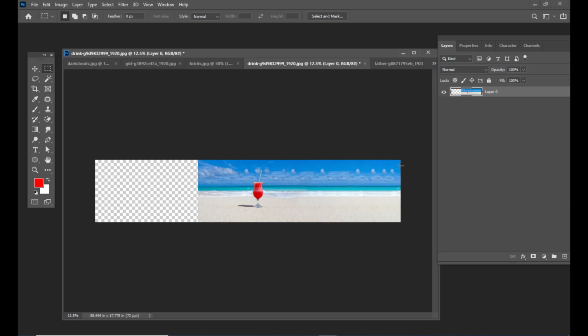So we got it. If you observe closely you might get some repeated patterns, but that's okay. You can use other tools such as the Patch tool to improve these areas, but this is a quick and easy way to extend your canvas.